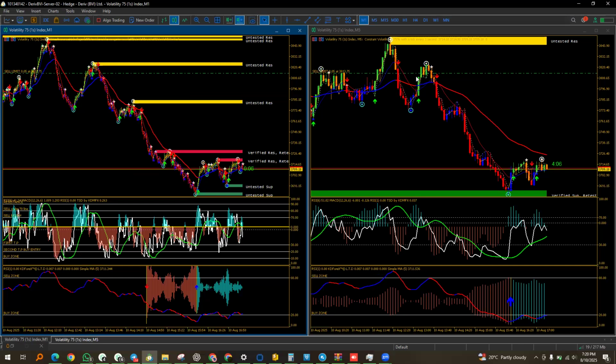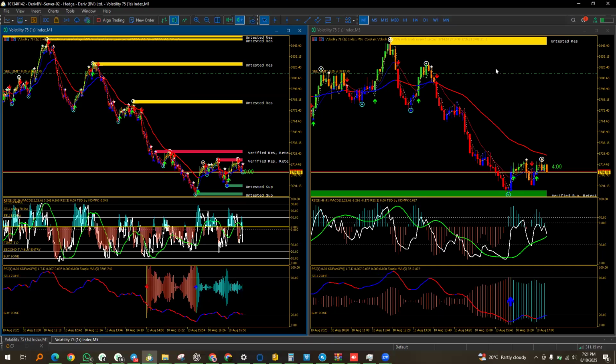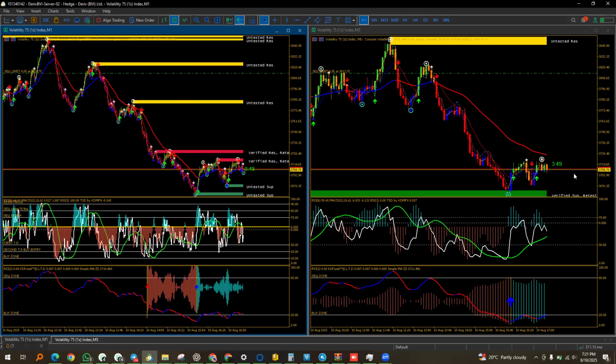You can set this sell limit at this point. When the market comes back here, it will trigger a sell. It will follow through. It can go all the way to this point, but it won't surpass this point, and it will drop all the way down. So put that in mind.